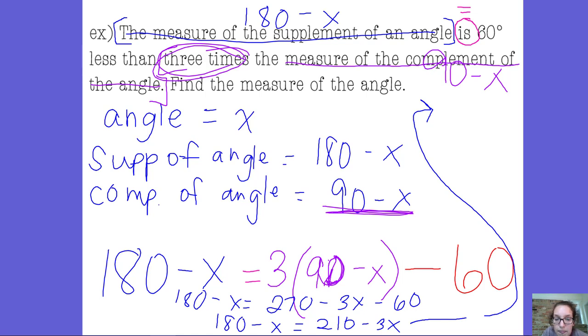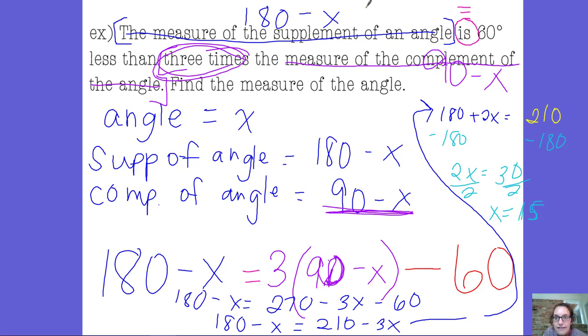I'm going to add 3x to both sides, so that's going to give me 180 plus 2x equals 210. And I'm going to subtract 180. So that's going to give me 2x equals 30. Divide by 2. And so x equals 15. So what that means is our angle is 15 degrees,